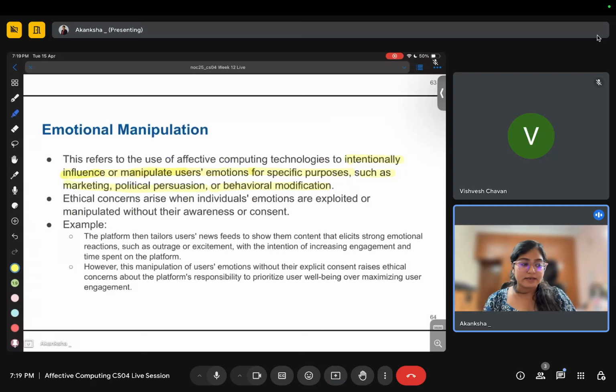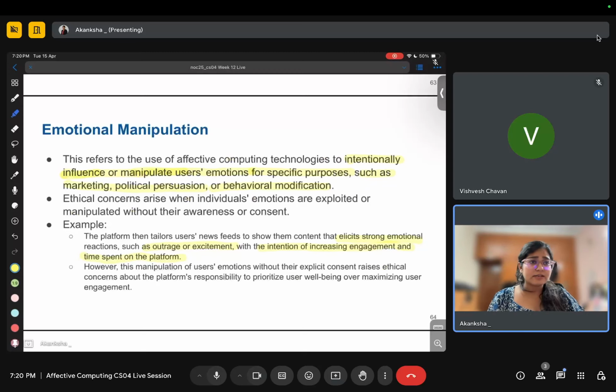Ethical concerns arise when individuals' emotions are exploited or manipulated without awareness or consent. For example, a platform tailors users' news feeds to show them content that elicits strong emotional reactions, outrage or excitement. It can give us biased content with the intention of increasing engagement and time spent on the platform. This manipulation can be harmful.